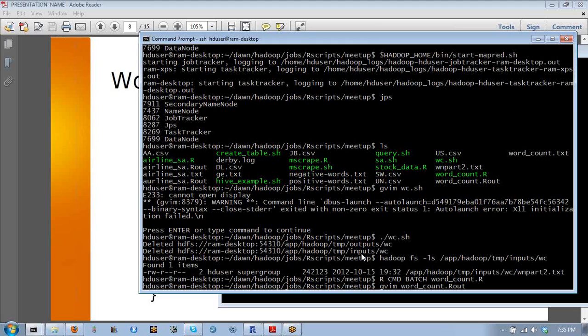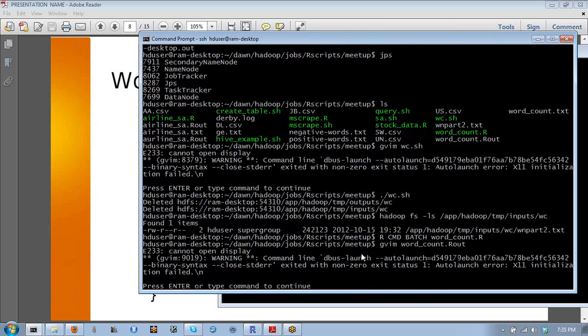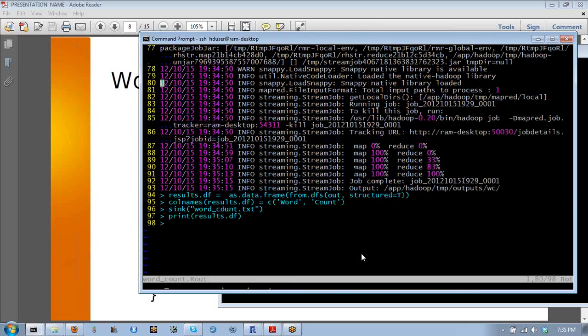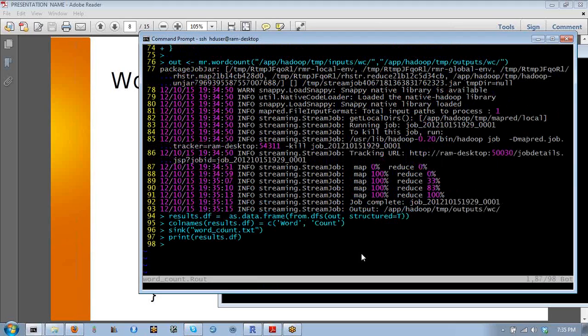So the R out will show you that this is a MapReduce job which is being done. The job output is available to you in this RAM desktop, the website. So you can view the job output there, and it shows how much time it took to run the map and reduce process, and the job got completed successfully. That's what it says here. Now if you want to look at the job log here,